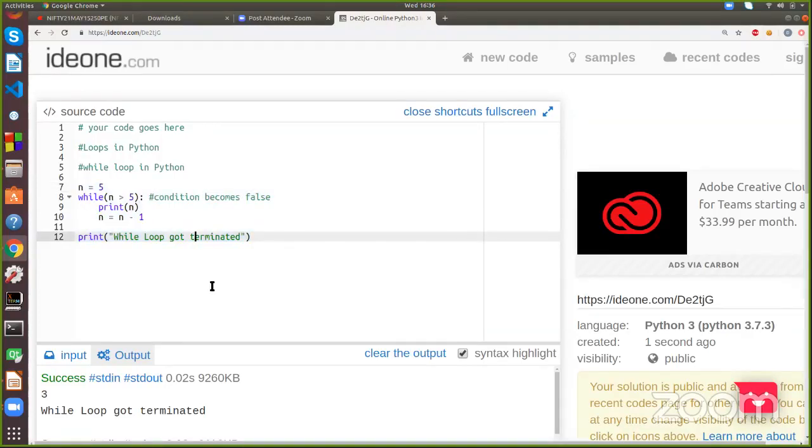I have considered the value of n as 5, and I have added this while statement as while n is greater than 5, then execute this block of code, else go out of the loop and print the while loop got terminated statement. So what will be the result of this?